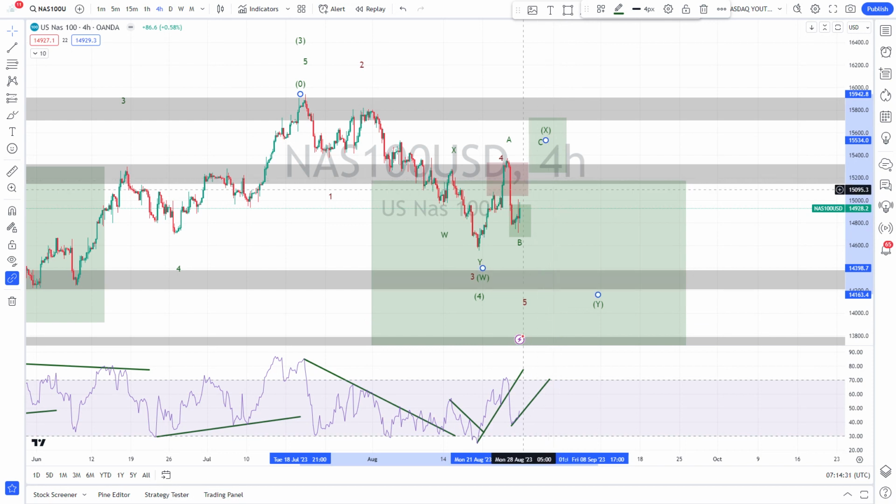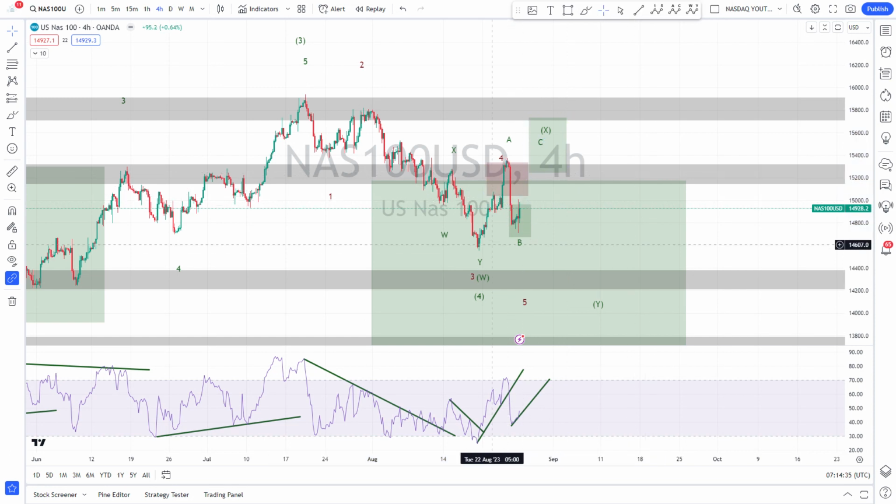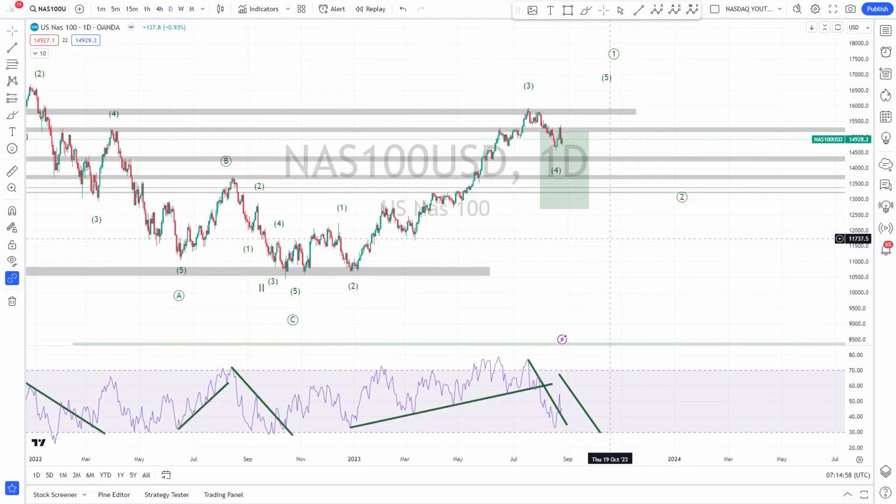I will analyze this in more detail again next week. But let's say my primary scenario is that we go back into this wave X area as an ABC. So we see first some upside again before another corrective leg down. So then, for investors, I think the conclusion is, like I said, you should have